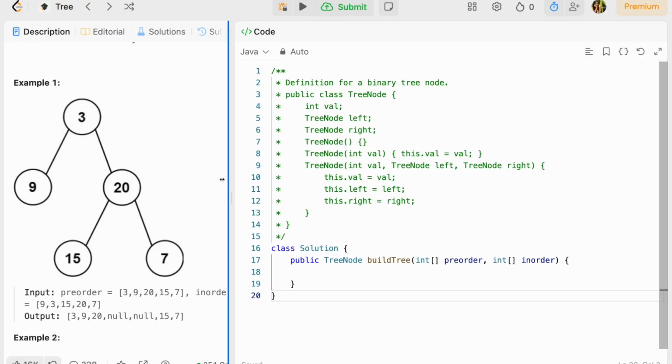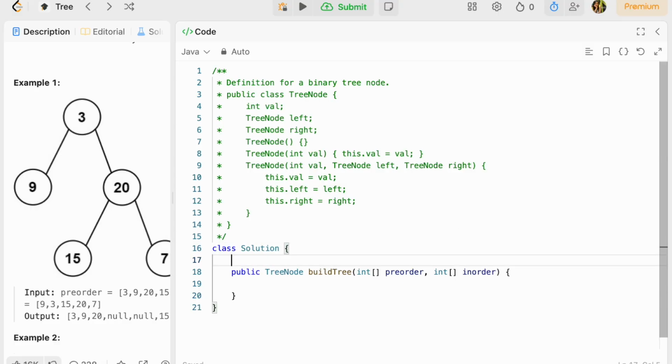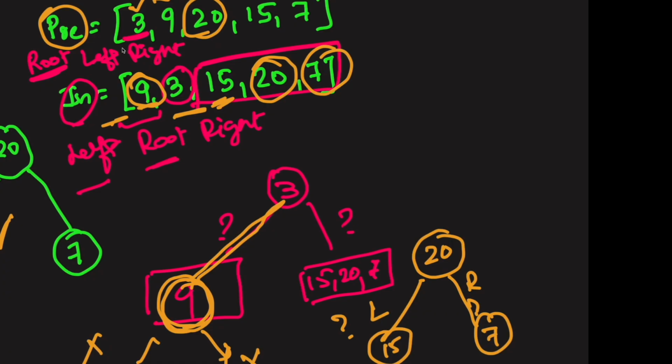So let's write the code for this. So we need to build the tree. For this, we are going to have a pointer which will point to my preorder indexes. So I am taking P as that particular index. So to get the elements over here, like 3, so when I made 3 as my root,